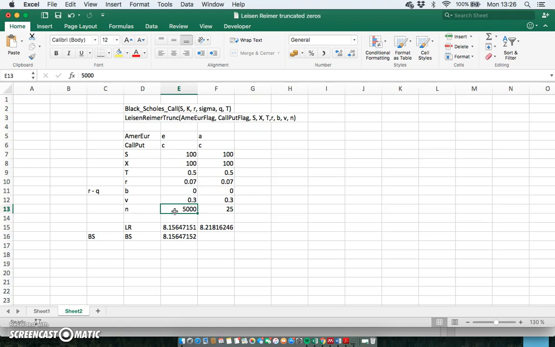So I'm going to go back to 50, but we can see we're converging as we increase the step size here. Convergence seems to be relatively visible. Okay, but I think I'll go back to 50. And we're still not too far. So Leisen Reimer and Black Scholes here are relatively good, and possibly we should do the same here as well,